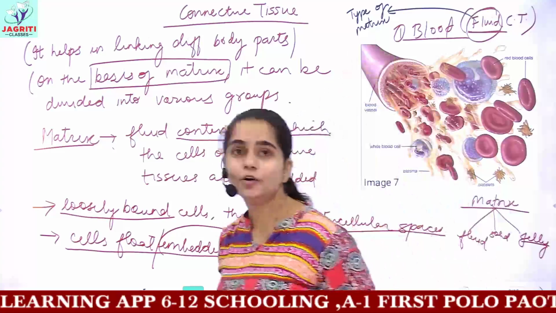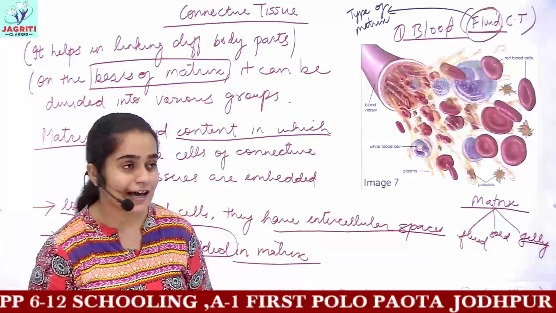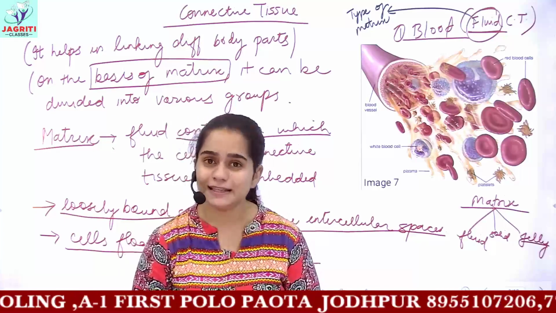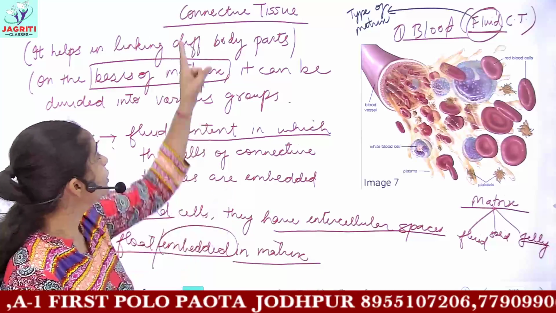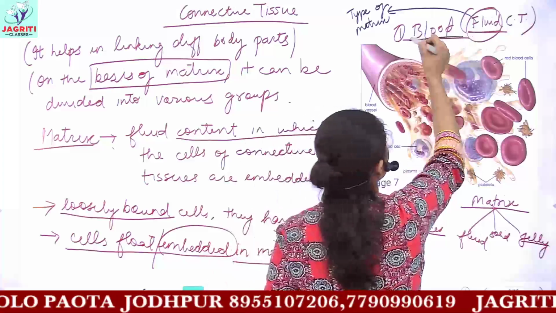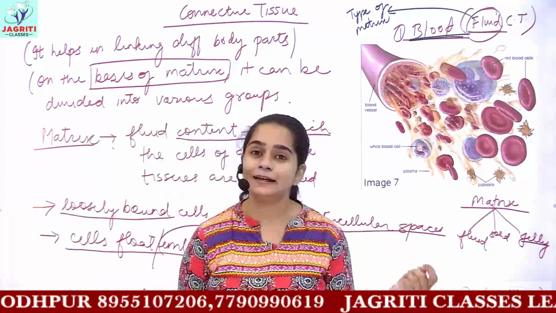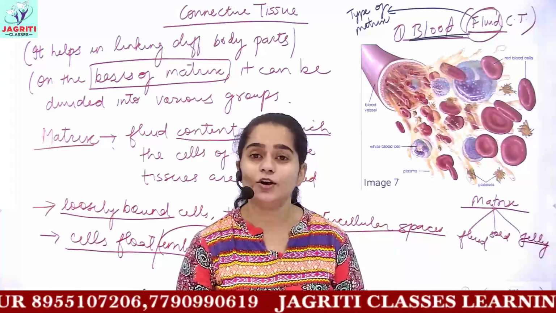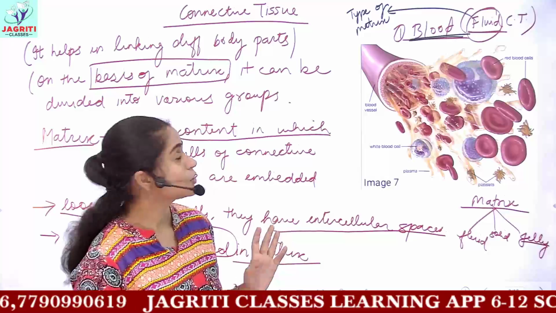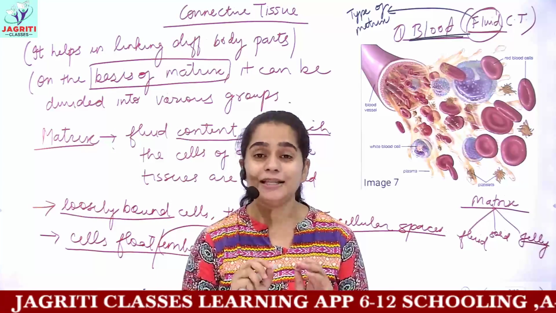So we'll be studying these connective tissues in our next class. For this class, we have completed all the categories of epithelial tissues, and I have given you the introduction to connective tissues. In the next class, we'll be starting with blood, your first connective tissue. Then we'll see adipose connective tissue, areolar, bone, cartilage, ligament, tendons, everything. So this was the whole account of the first category of animal tissues, that is epithelial tissues.